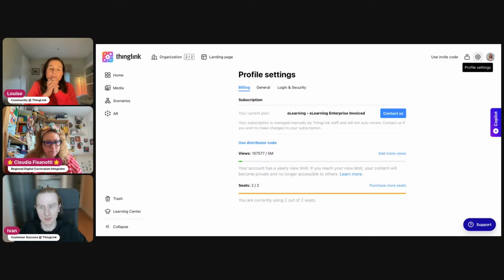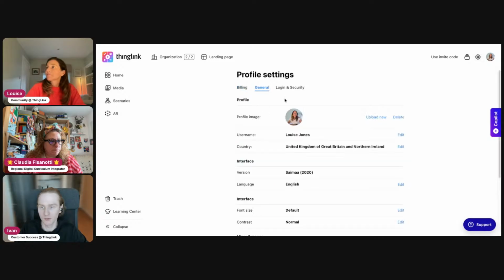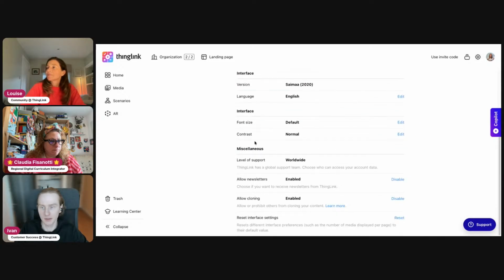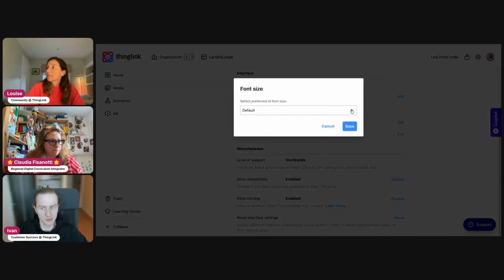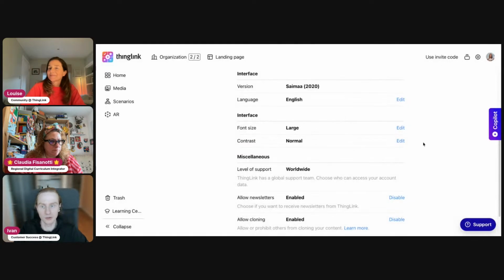So one of these is a change to how your interface can look. If we go into profile settings and then go to general, one of the new settings you'll see here is interface settings, and that is font size and contrast. So if you find that ThingLink font size is too small for you, maybe you're working on a huge screen like some of our colleagues, you can now just toggle that to a larger font size